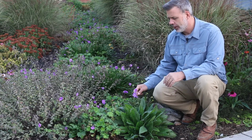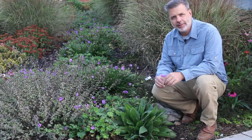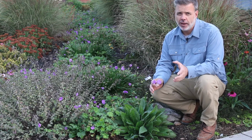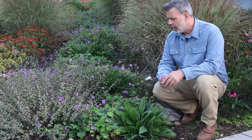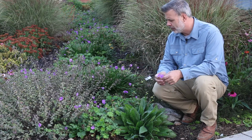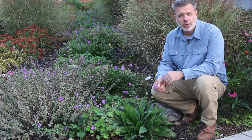Geranium 'Gerwat'. The trademark name is Rozanne. A lot of times on my plant ID list I just put Geranium Rozanne because this plant really is known as Rozanne cranesbill geranium. This is a perennial geranium. A lot of us are familiar with annual geraniums, but these are perennial geraniums and they're really wonderful in the